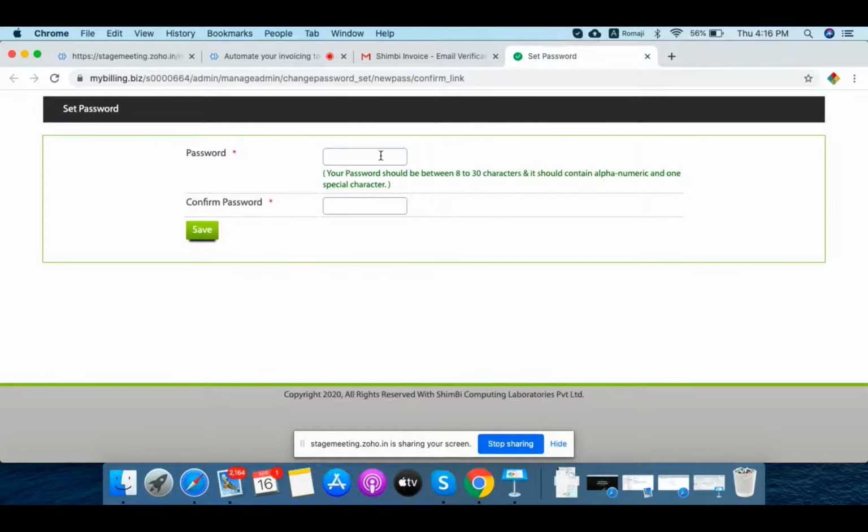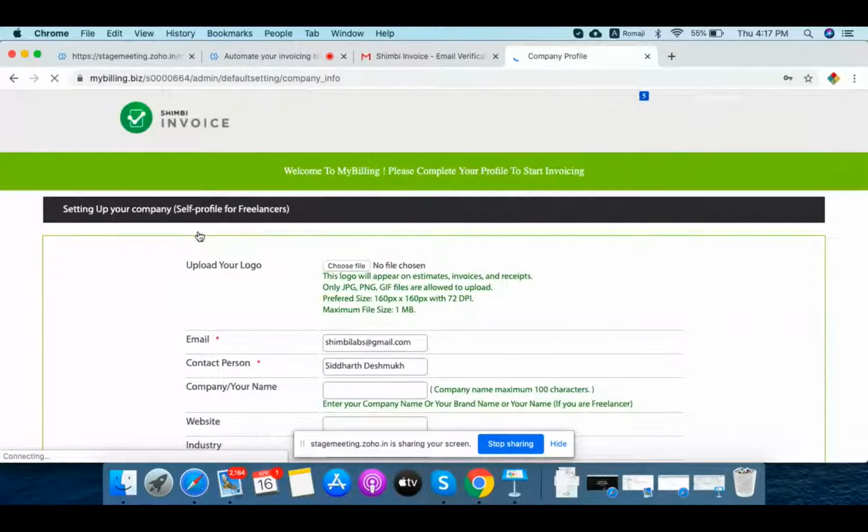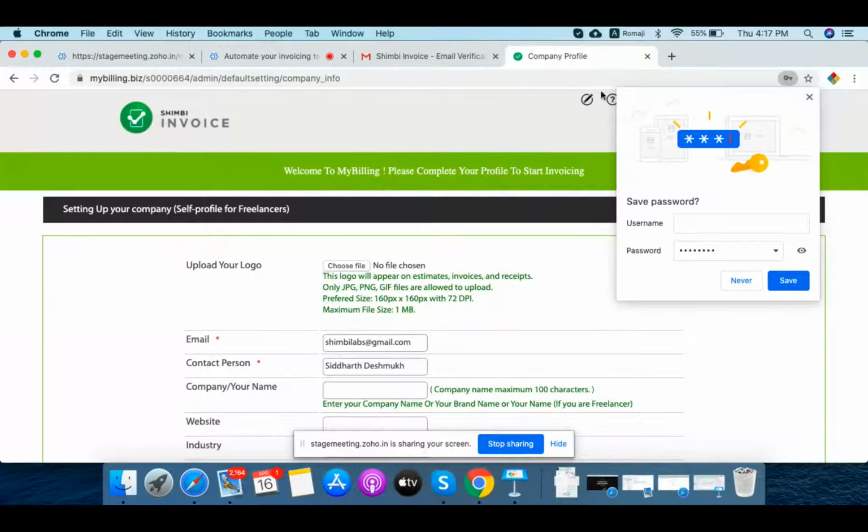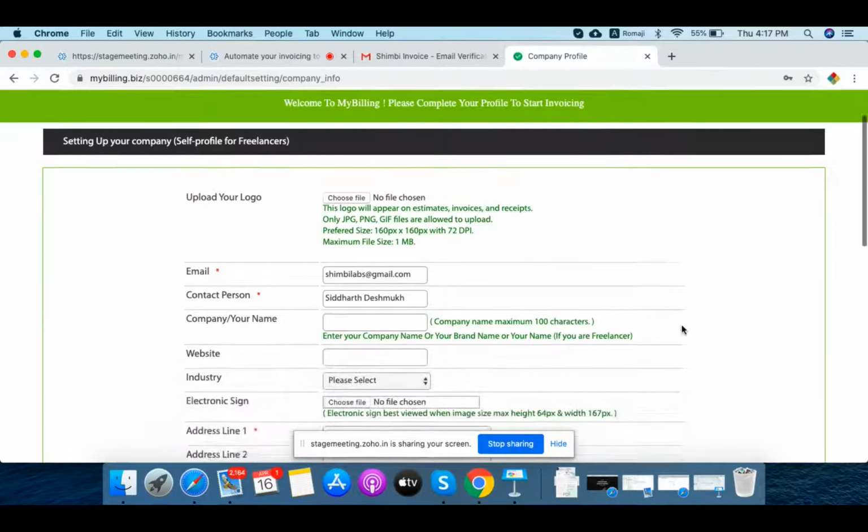Set up your own password here. Choose a password which is really good for your security. Don't choose a simple password. The password should be between 8 to 30 characters, alphanumeric, with one special character. For now, for convenience, I will just put in some simple password so that we can move quickly ahead. So let's see. The first thing you do here is